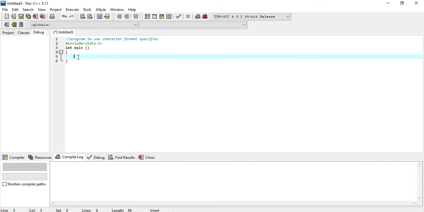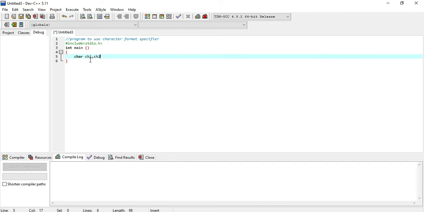So in our previous lecture we have discussed, for that purpose we need to initialize our variables with a name that is char. That is, now the data type is character type, so we are using char, that is character type. Let's suppose we are using the characters as ch1 and ch2.